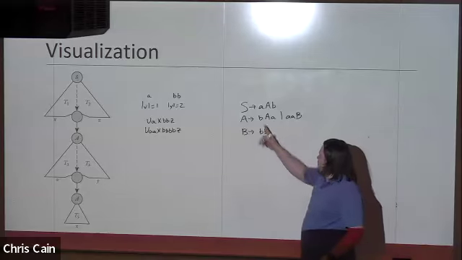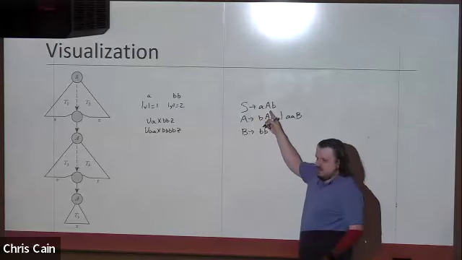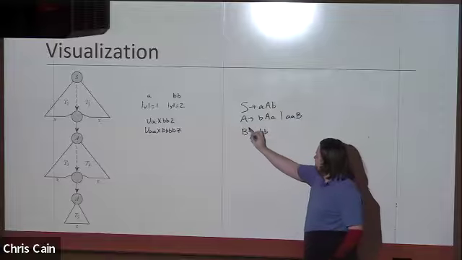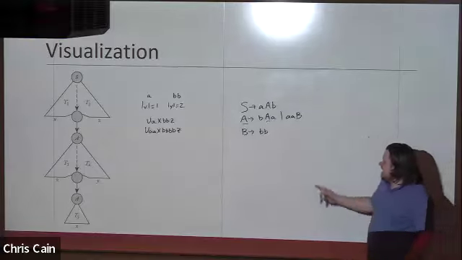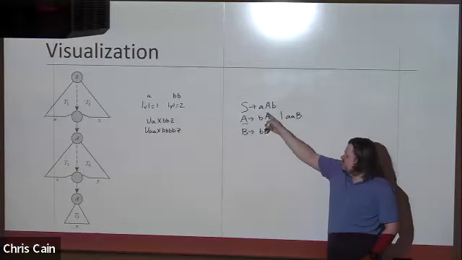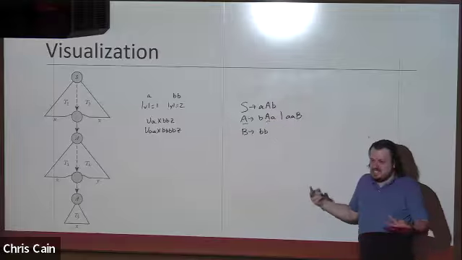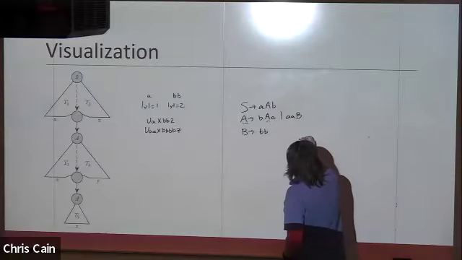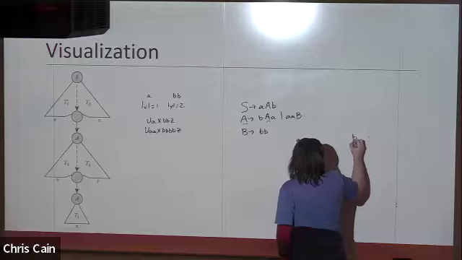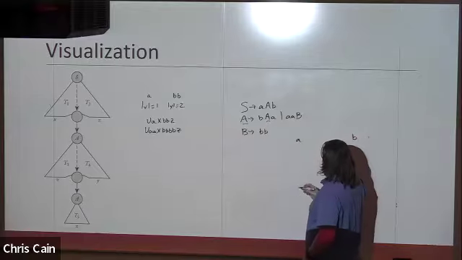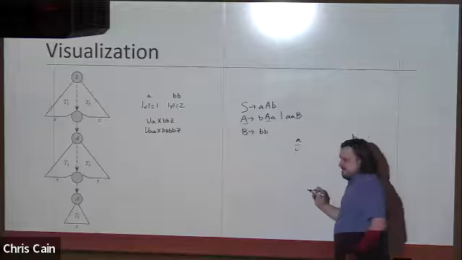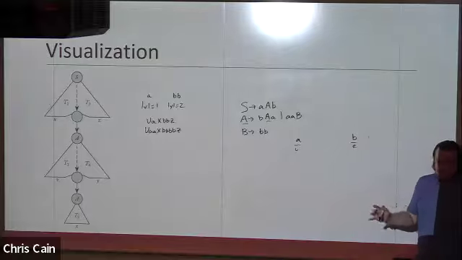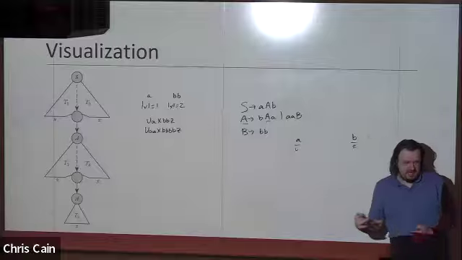So the U is the portion of the string that comes before the recursion starts. So the recursion in this is A to A. To get to this A to A, you have to produce a portion of the string just to get to that point. So we're going to have an A and a B that we produce before we get to that recursion. So this is our U and this is our Z. It's the portion of the string before and after that gets you to the position of that recursion.